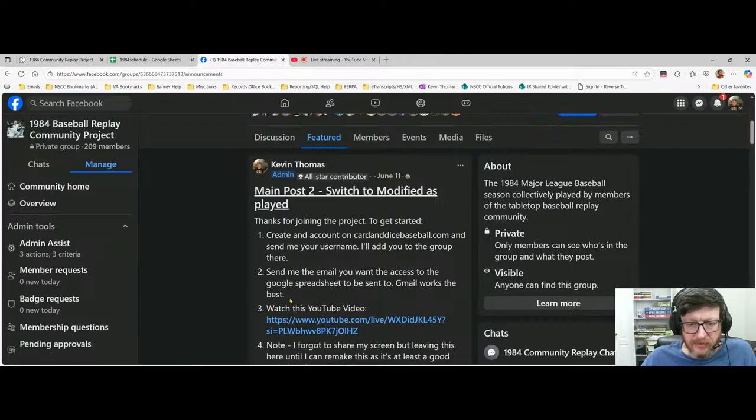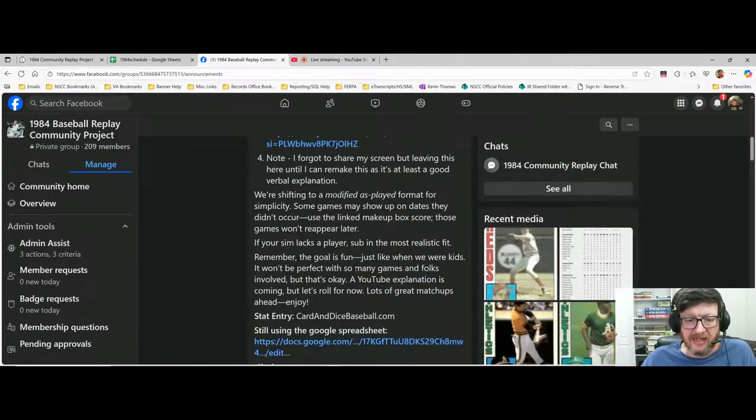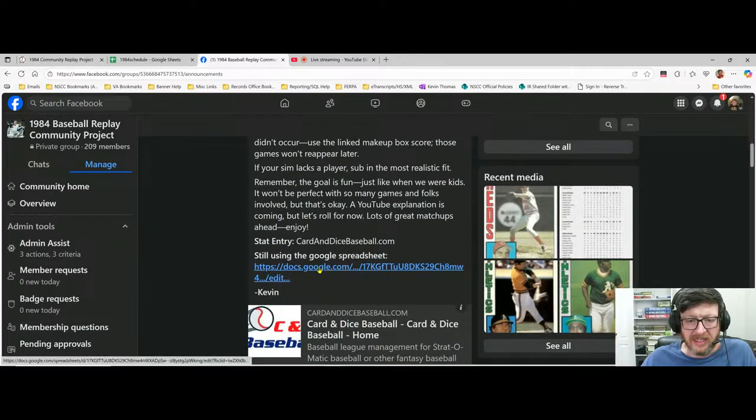Second thing you need to do is send me an email you want to use to access the Google spreadsheet. The Google spreadsheet is the schedule and how you sign up for games. Gmail works best because it's Google Sheets, and there's a link down here. So here's the link to the schedule. I've got it pulled up on my